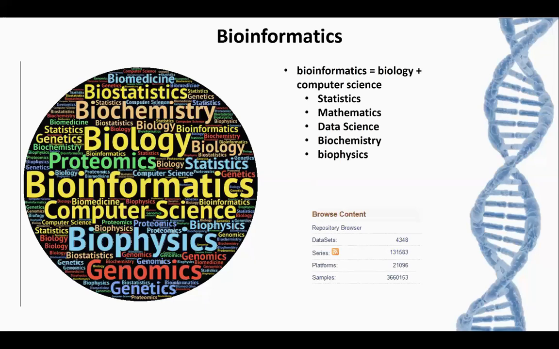Now, this is growing very rapidly, and now, for example, the Gene Expression Omnibus database here. If you go to the website, there are now over 3 million samples, 100,000 data series. Each data set contains multiple samples. So there is a large amount of data available. You need some expertise to go get these data and answer a question of interest by using these data that are available freely on the web.